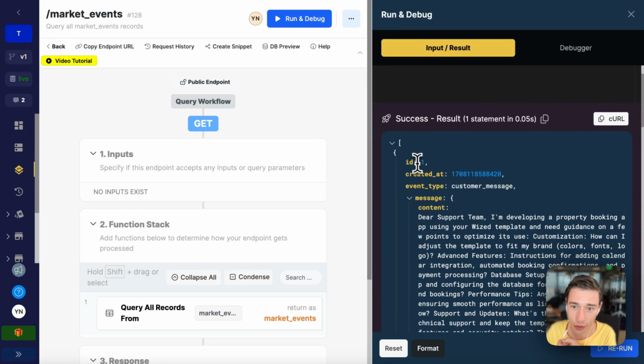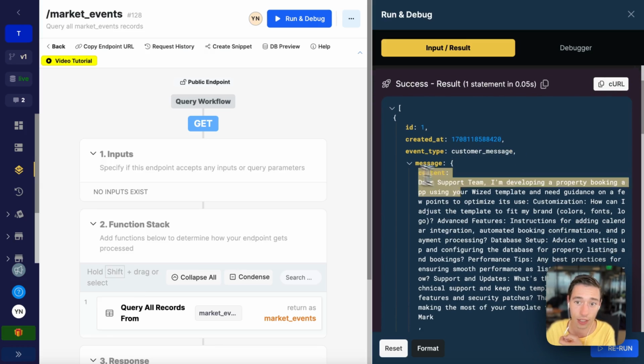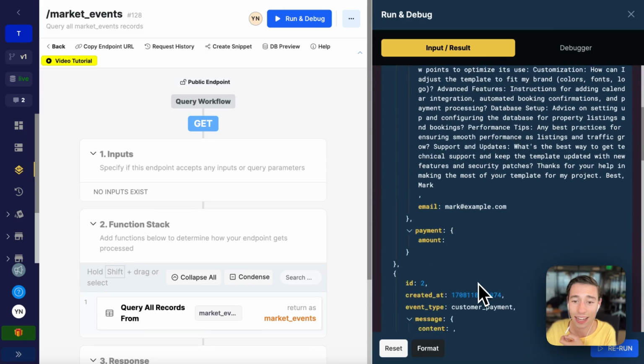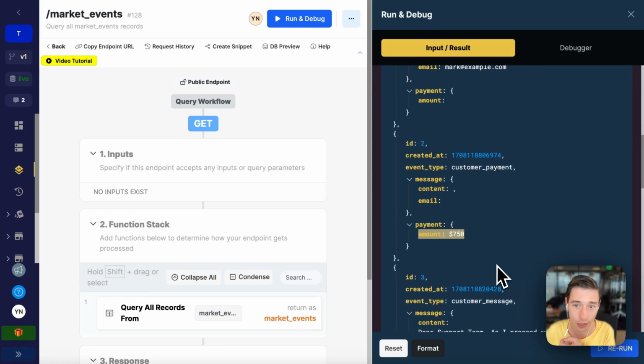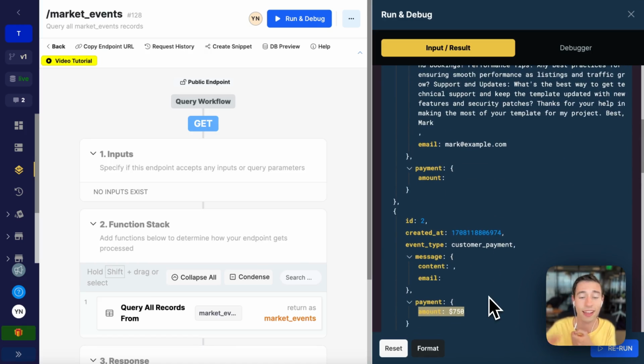So we have the first iteration, and we have the event type of customer message. The event type of customer message will carry the content of the customer message, the question, and their email. And then we have the second iteration, a second record, which will be customer payment. This will mark a payment, and we have an object with the payment amount in there. So those are 2 different kinds of objects, 2 different formats, and we're going to render them as one list,